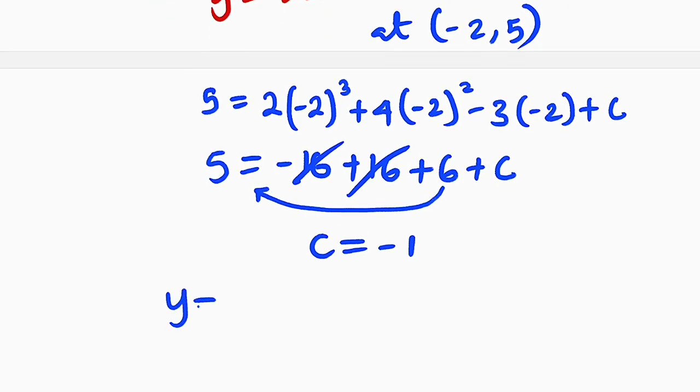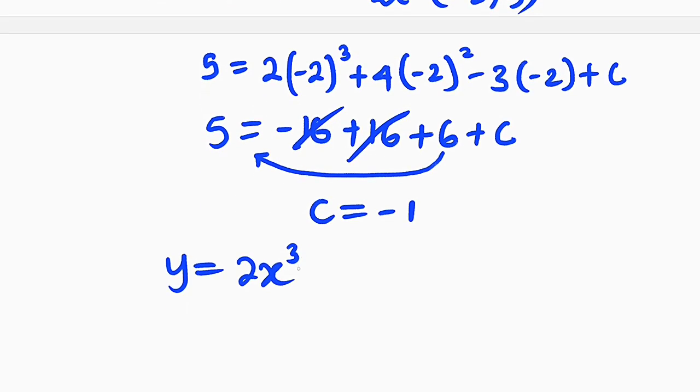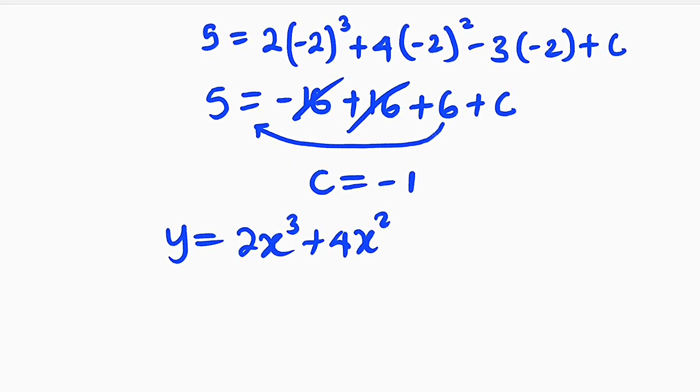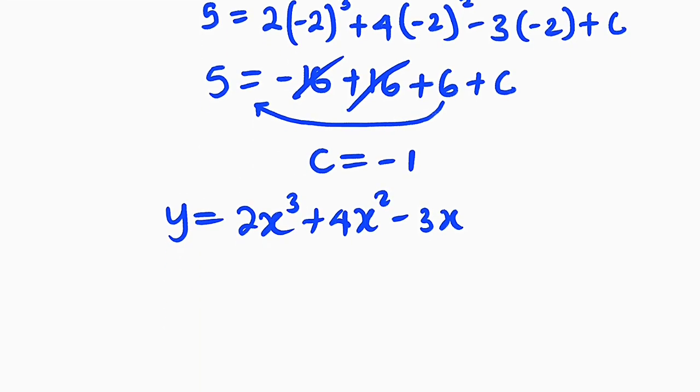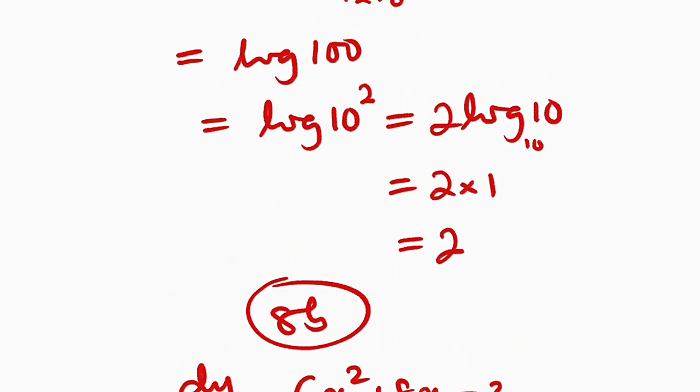So y is finally equal to 2x cubed plus 4x squared minus 3x plus c, but c is negative 1, and hence this is the equation of that curve. Then lastly,